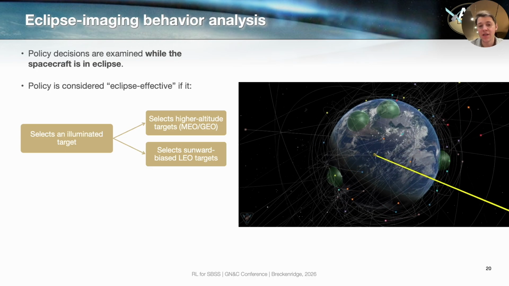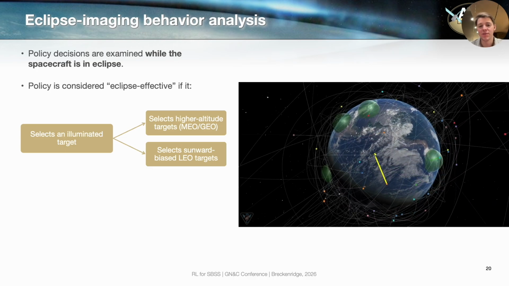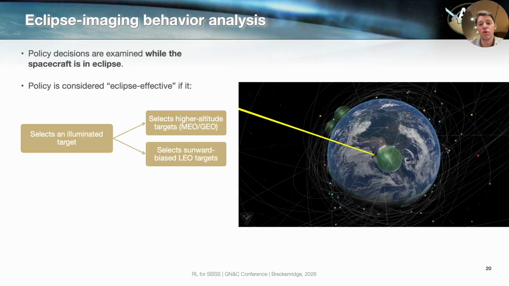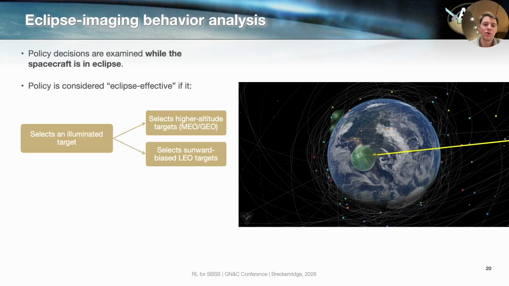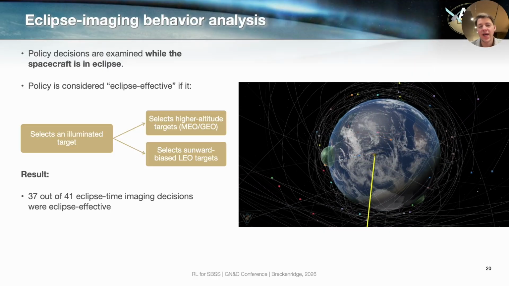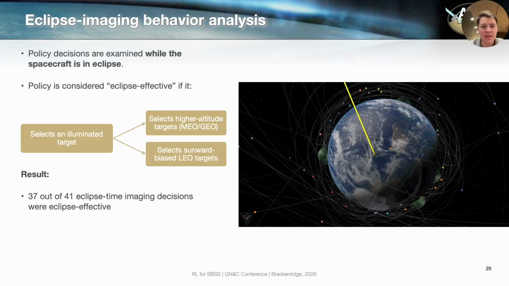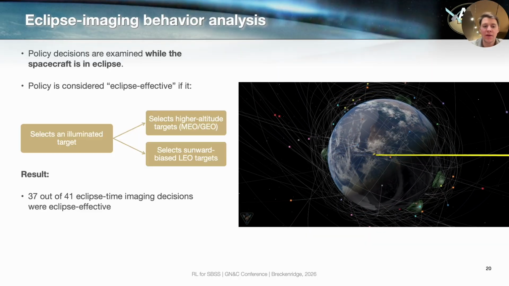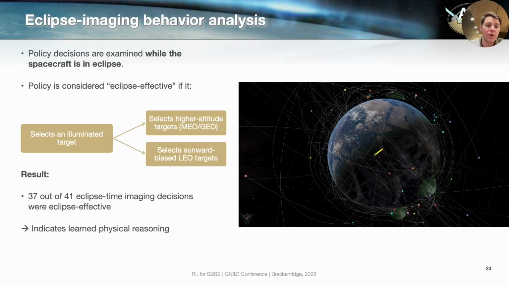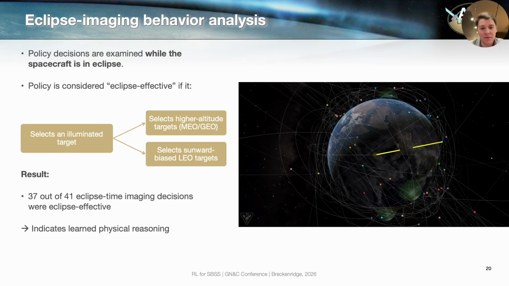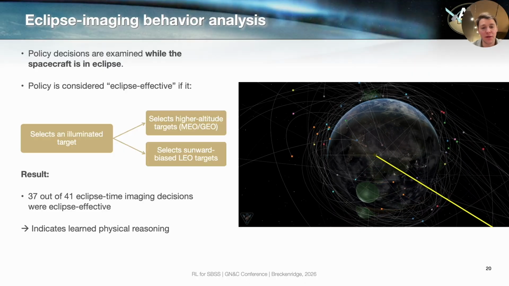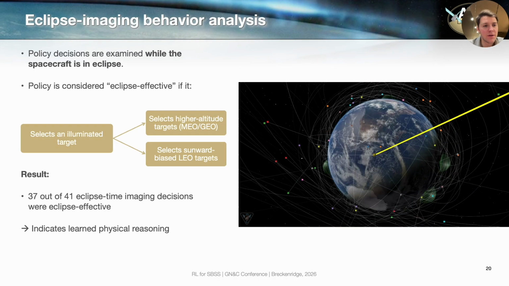So one that, if you look at an eclipse, it's not exactly even between how deep the eclipse is on one side or the other. If it is choosing towards the sun, those are the LEO targets that will remain illuminated or are less likely to get into the eclipse as they are being imaged. Out of the 150 actions that you have when you're doing 8 orbits here, 41 of those are in those eclipse periods, and 37 of those would classify as eclipse effective behavior, which really shows that the RL policy is learning physical reasoning, which is really interesting, and doing something that would perhaps be hard to do with a heuristic method. Overall, to conclude,